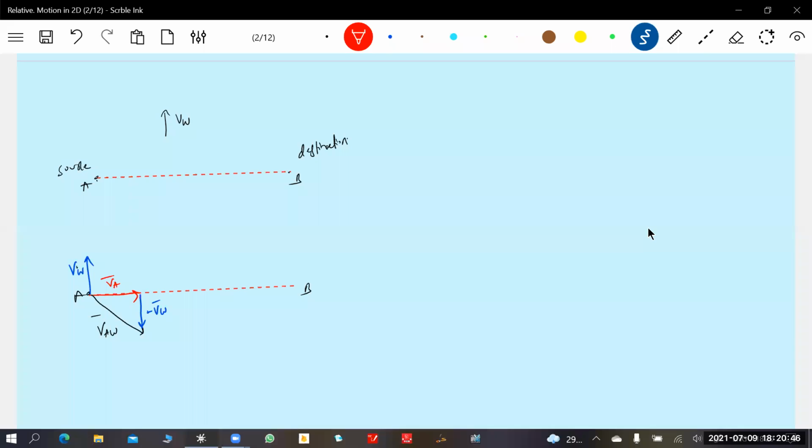The wind will push that one. So the resultant velocity will be such that... Okay, sir, are you sure in what direction the VW should be? Let me write the equation, whether I am right or wrong. Let me analyze. VA bar